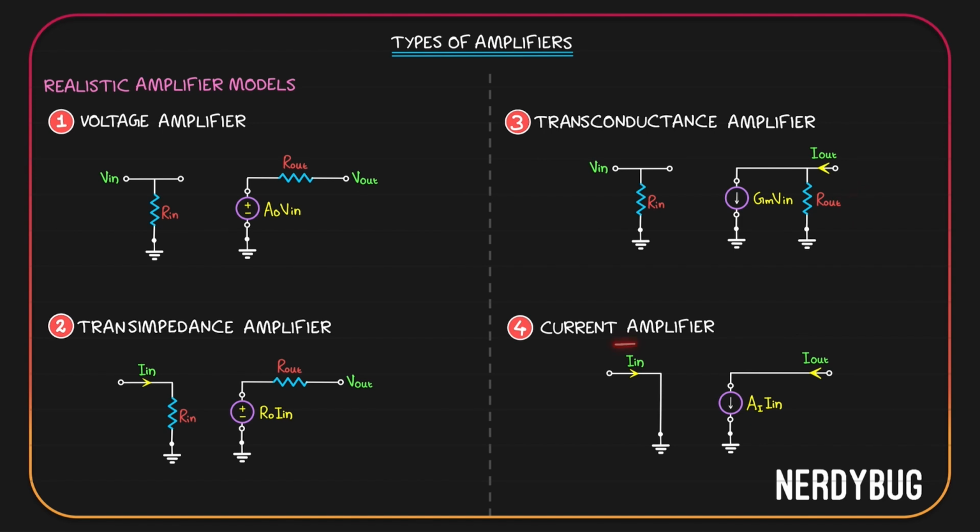Let's take the current amplifier now. At the input side, it is a current sensor. So whatever we did here will be applicable there. Let's add a resistance over here. At the output side, it is a current source. So whatever we did here will be applicable there. We'll add a resistance like this. Now to make this more generic, we can replace R in and R out in all these models with Z in and Z out, implying the impedance can be resistive or not.